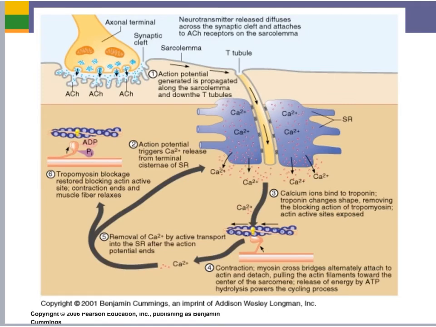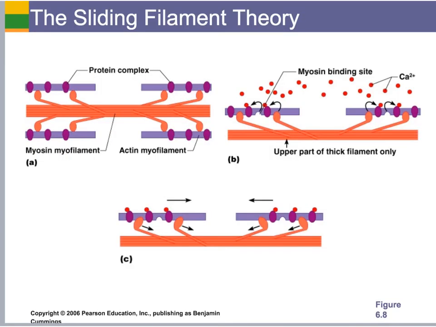This is a slide that I put in here so that you can go through the whole process, all of the steps, and we might come back to that at the end here if we need to. So where do those calcium ions go? Well, do you remember that in order for muscle contraction to occur, we have to have these myosin heads attach to their bonding sites on the actin filament and pull those actin filaments towards the center of the